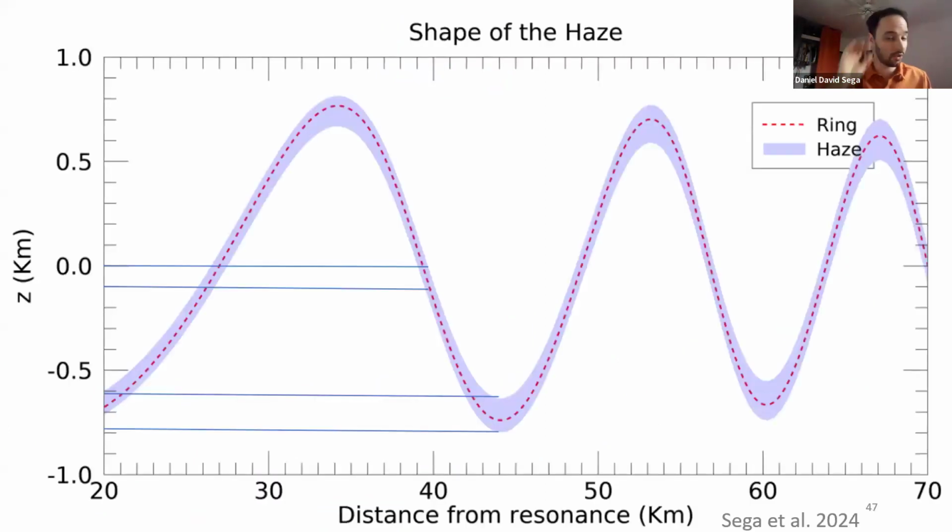And here are the consequences if we follow the trajectory of those ejecta. This is how it's going to look. So the blue fill is the haze of particles, and it has some interesting geometrical properties. For example, the vertical thickness is no longer constant in this case, and that's going to have some observational signatures that we're actually going to find in the signal.